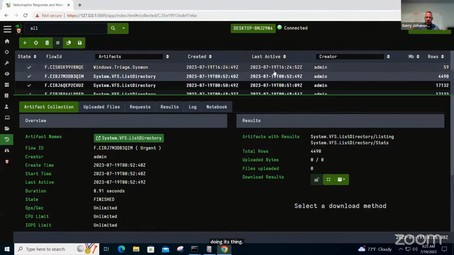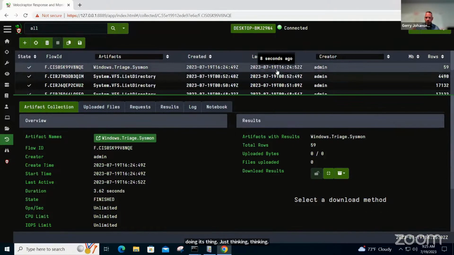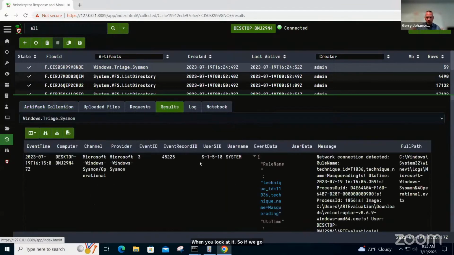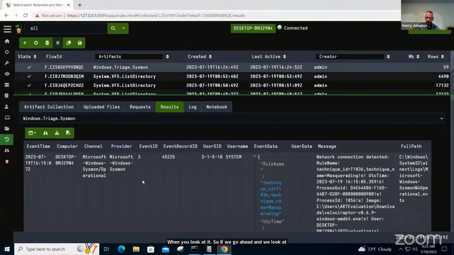And we've got 59 results in terms of event logs in the last 10 minutes. So you can see how we're very quickly getting into that 14, 15,000 territory if we look at more than the last 10 minutes. And that's fairly small when you look at it. So if we go ahead and look at the results, we actually have the ability now to look